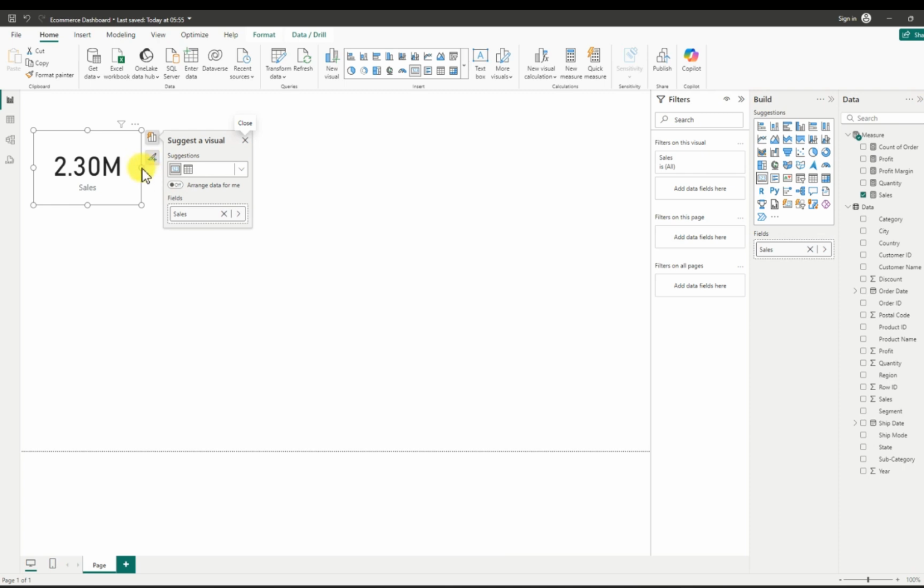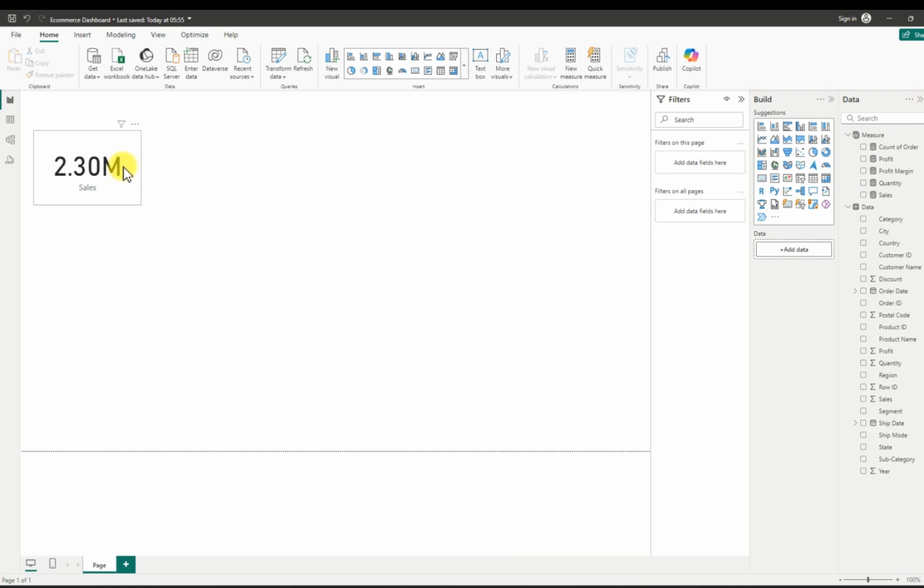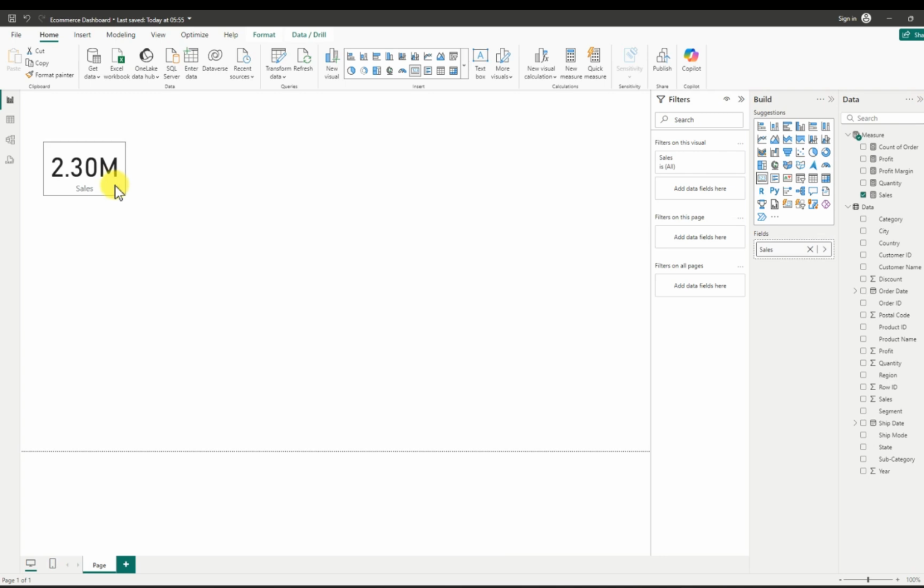We can decide to use it in a million. We can decide to leave it like that. So let me just adjust it a bit. So we have this, and we are going to change everything to white. So let's go to formats. We are going to come to these 3 dots here, click on the 3 dots and go to formats,